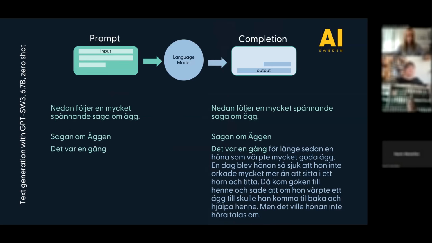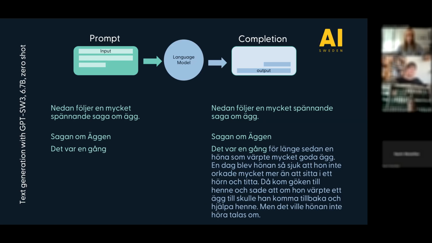We've tested this with the models that AI Sweden, together with RISE and VASP, has developed, the GPT-3 models. Here we have really tried to work with something called zero shot or few shot, where we take the raw model and provide it with a very short introduction called the prompt, which you see here on the left side. This is where we push the model in the right direction, giving it the tone or the task. In this case, we ask it, this is a story about an egg.